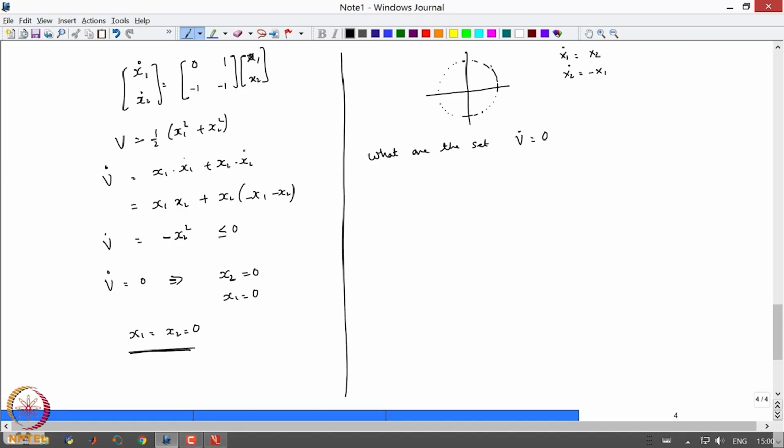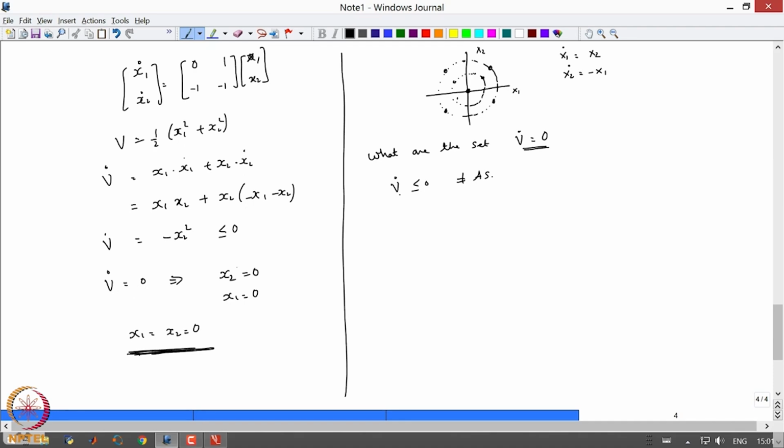I see that at this point V dot is 0, at this point V dot is 0, this point also, this point also. If I start with this initial condition, at each point in this curve V dot equals 0 in the x 1 x 2 plane. Therefore this system, even though V dot is less than or equal to 0, is not asymptotically stable, because additionally I need to verify that the largest invariant set such that V dot equals 0 is only the origin,